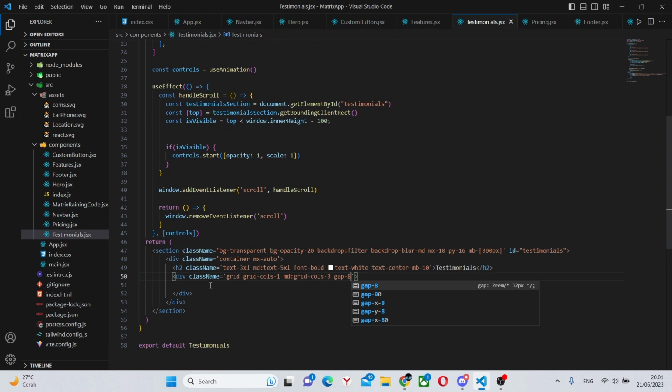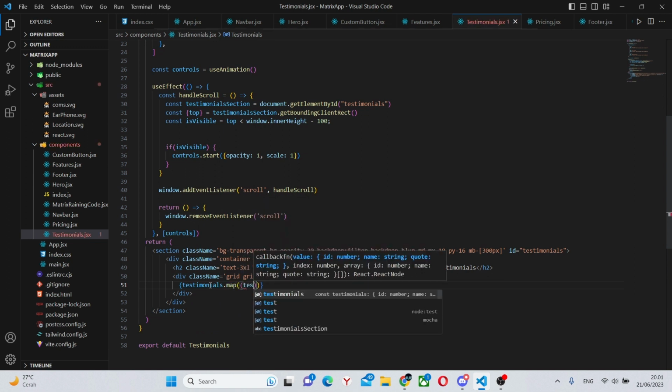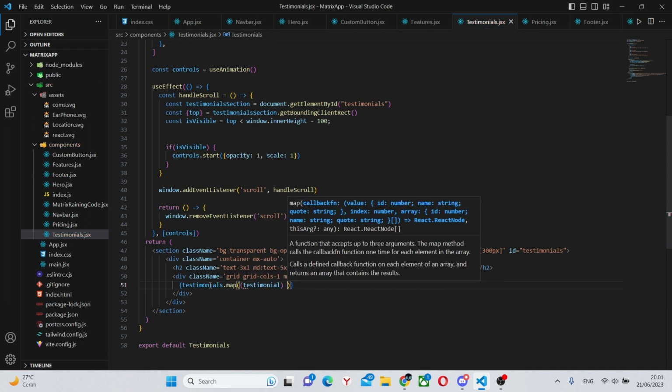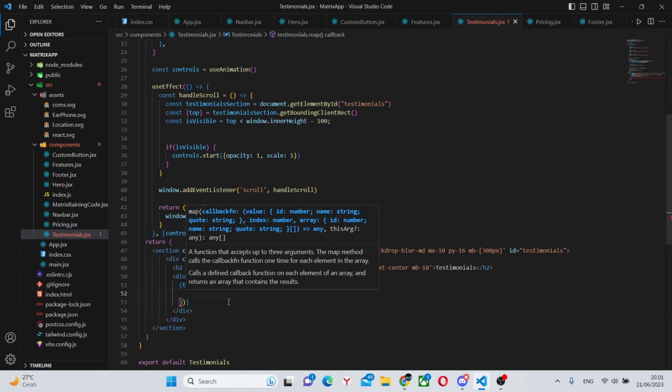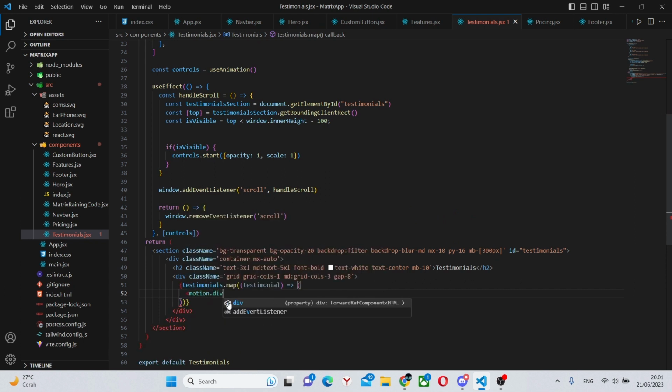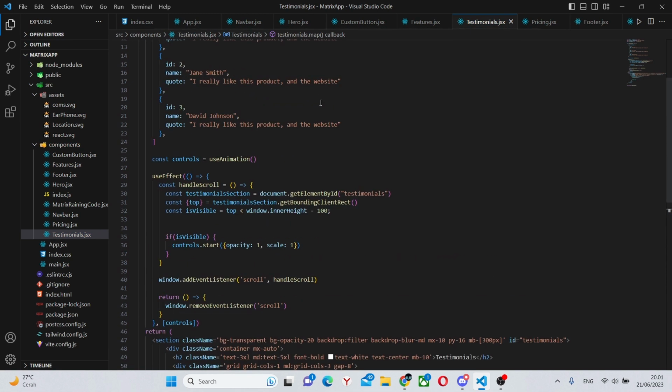In here, we can say testimonials.map, testimonial, a single one, I believe like this and like this. Inside of here, we'll have a motion.div. Every map item needs to have a key, so we can say key equals testimonial.id, which we've created over here.